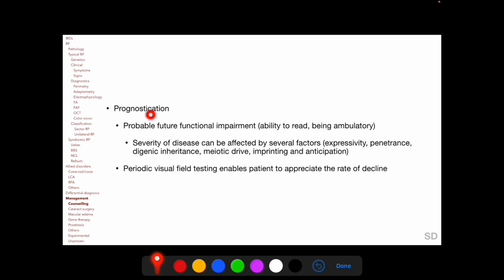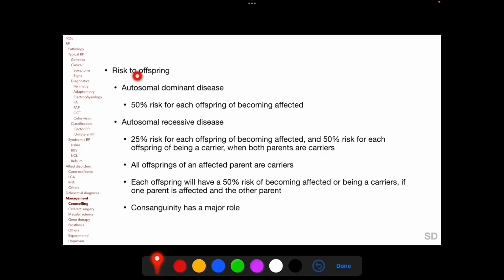This enables prognostication of the disease with regard to probable future functional impairment, such as impairment in the ability to read and of being ambulatory, and periodic visual field testing enables the patient to appreciate the rate of decline. So far as risk to future offspring is concerned, autosomal dominant mode of inheritance implies 50% risk for each offspring of becoming affected. Autosomal recessive mode of inheritance implies 25% risk for each offspring of becoming affected and 50% risk